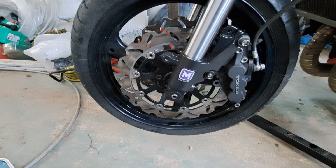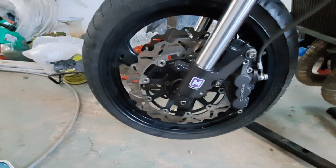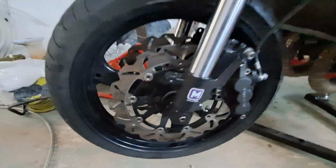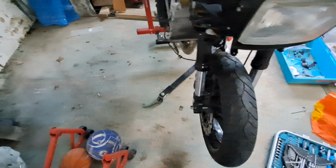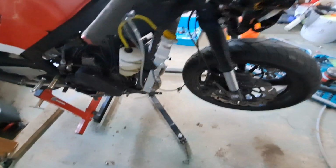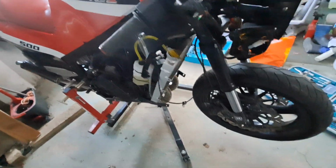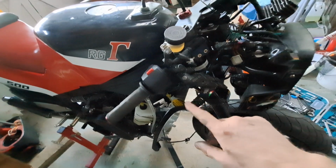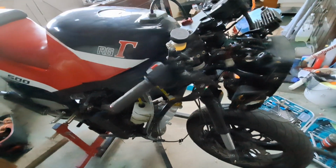I'm going to get some new discs from EBC shortly, but obviously I'm keen to get the thing started because it hasn't been started for a few months. So I wanted to get the wheel on so I can kick it over. It's a bit safer; I didn't want to kick it on the stand in case it falls off. But that's on. I've got a new Brembo master cylinder to go on in the box, a new clutch lever,